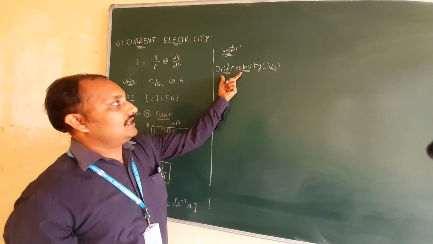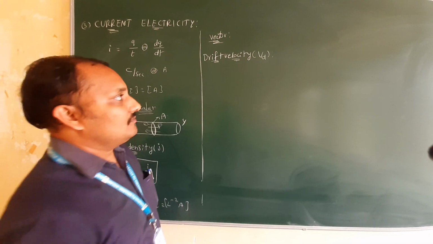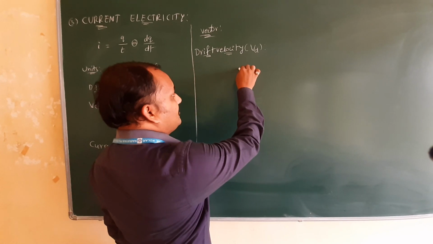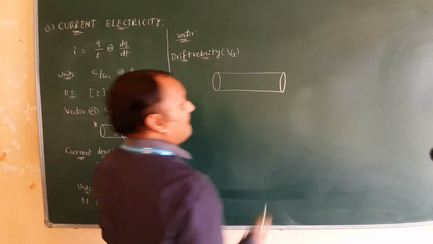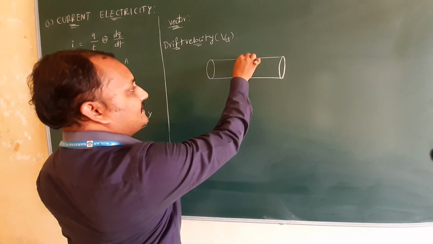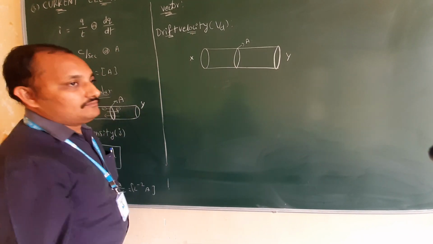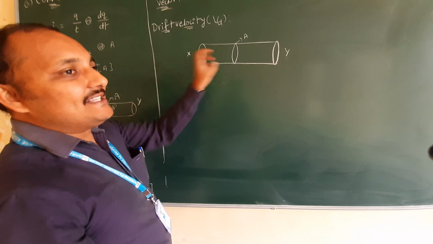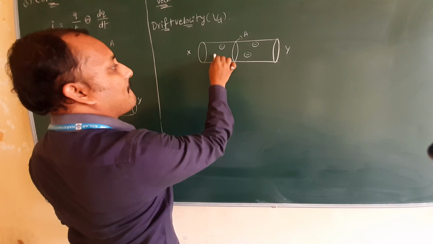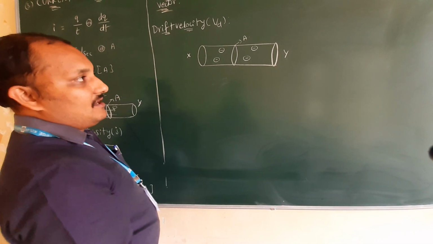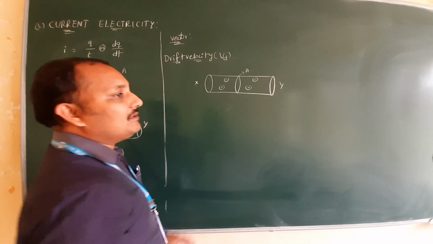Our next definition is drift velocity. What is drift velocity? We are going to define. For this, first we have to understand the concept of velocity of the electrons. This is unit cross-sectional area x, y. I told you already, due to thermal agitation, electrons will be moving. Electrons, meaning negative charges, will be moving with some velocity. To understand very easily, we will take any one electron. How will that electron be moving?